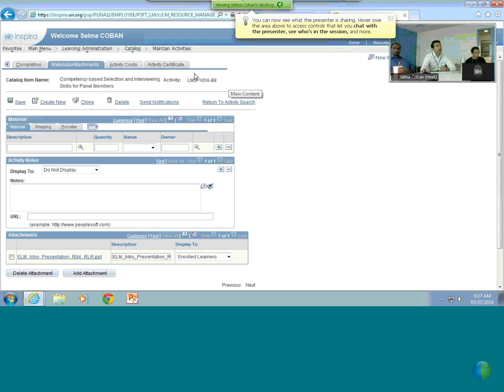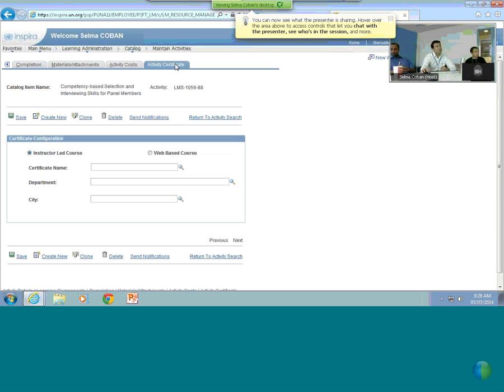And then I'm going to go to the activity certificate. In the case of the certificate, we have a template, which is the global template we're using, which you need to follow. You can choose whether you want a certificate or not. If you don't want a certificate, you don't have to fill in these tabs. This certificate will actually be acted on directly by the staff member after they complete it. So in this case, the certificate name